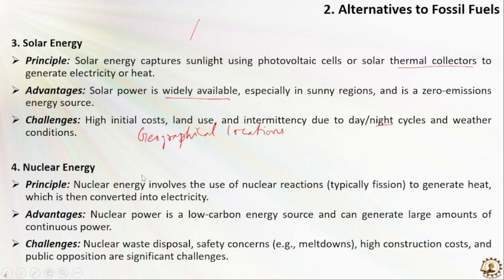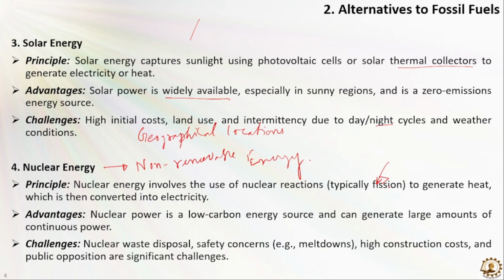We also have another alternative to fossil fuels, nuclear energy, which is very effective, because a small amount of atoms can generate a huge amount of electricity. But this is a non-renewable energy source. The principle of harnessing electricity from nuclear energy involves the use of a nuclear reaction, typically fission, because it is well established. Also, we can harness electricity from nuclear energy by fusion technology, by using helium. We can generate heat and also electricity from nuclear power.